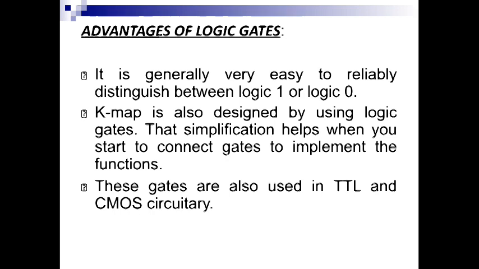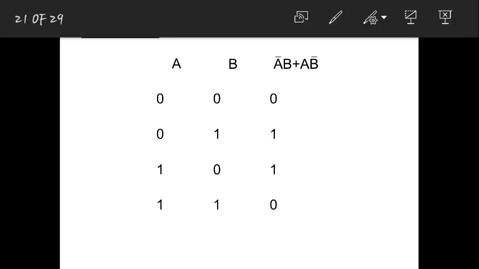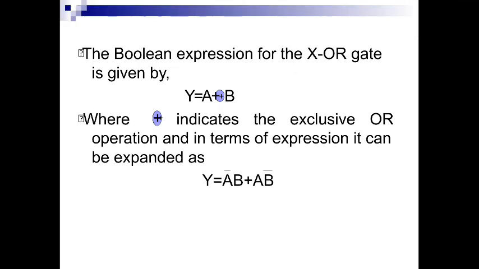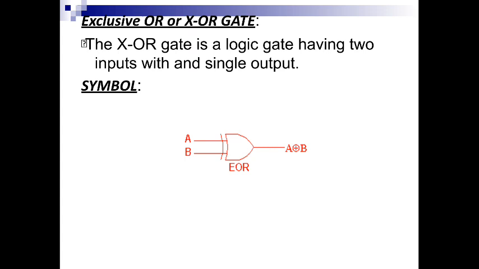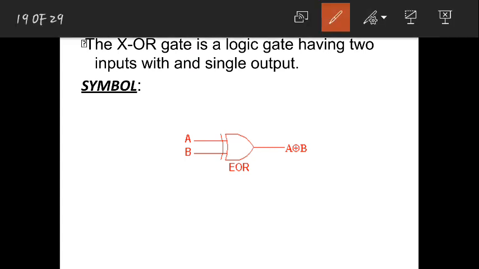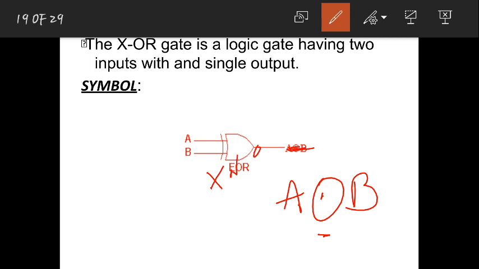Yes, actually you also have XNOR. How XNOR works is, here you will have a bubble. That is the only difference in the symbol, and here this will be A XNOR B. This is the symbol for XNOR. This is XNOR. I am talking about XNOR, not XOR.